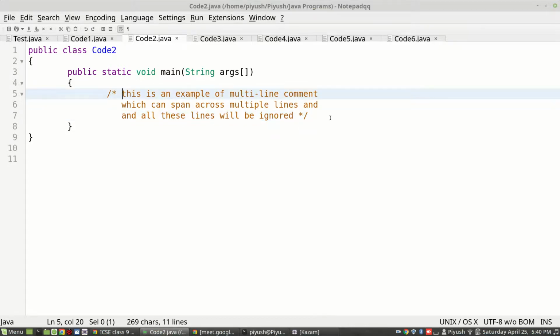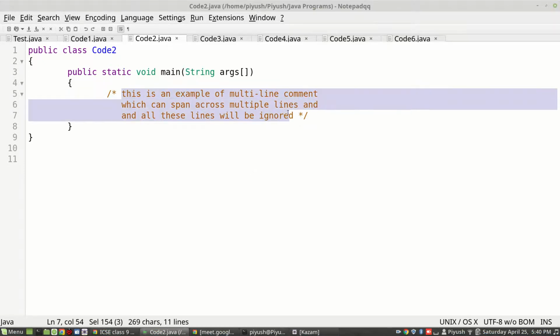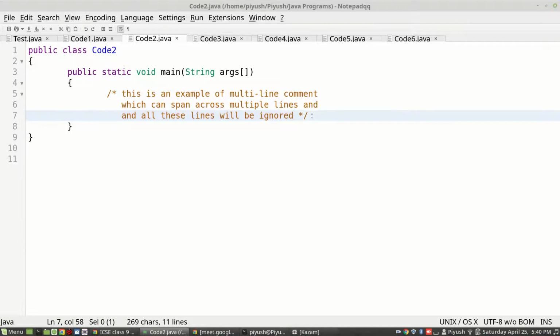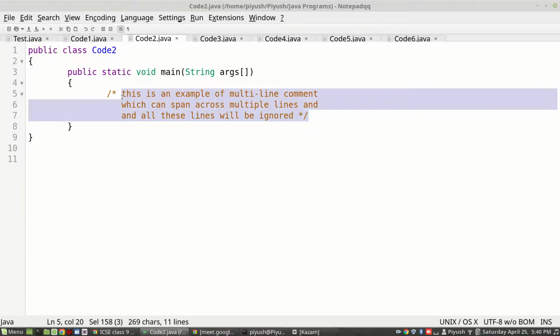But will it be executed by Java? No. Why? Because it starts with a forward slash followed by an asterisk and ends with an asterisk followed by a forward slash. Whatever is enclosed within these markers will be multi-line comments. This is the way you frame your multi-line comments in Java.